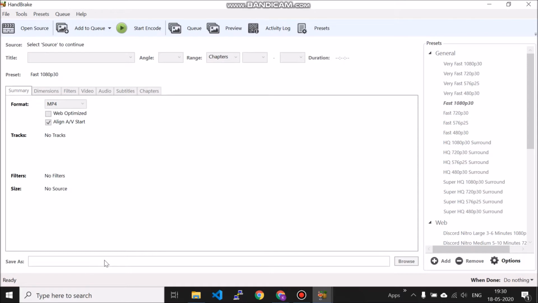So we are going to see something about HandBrake. So what is this? This is a video optimization tool. So I would like to say, where will you really need it? Whenever you wanted to upload some content into YouTube or Facebook, anything like that, and you wanted to do some